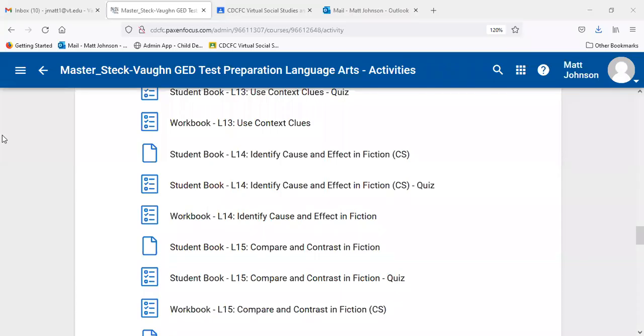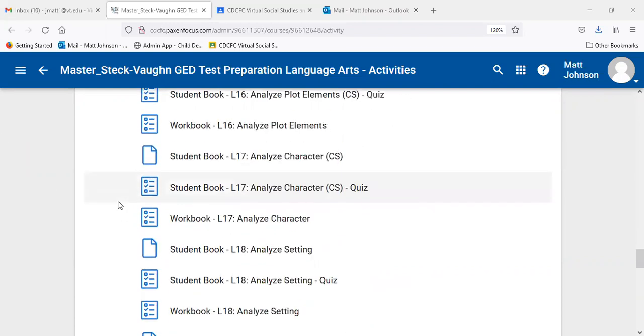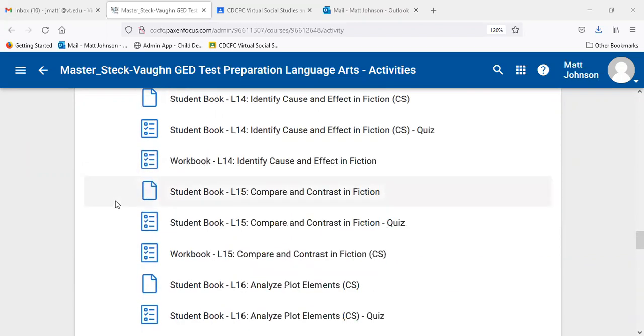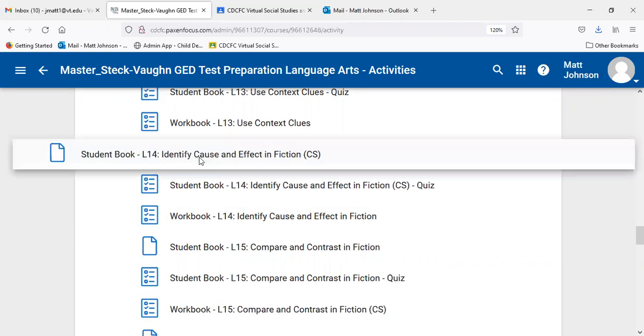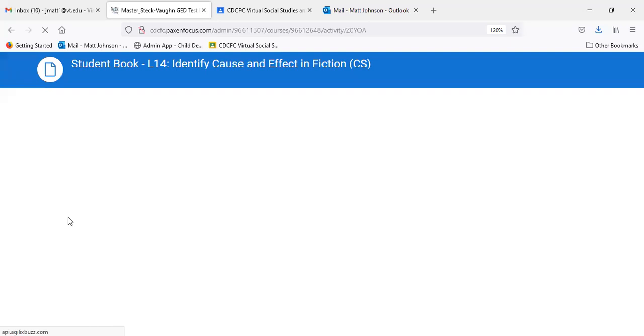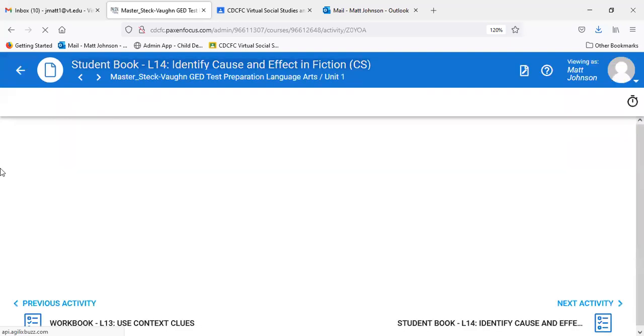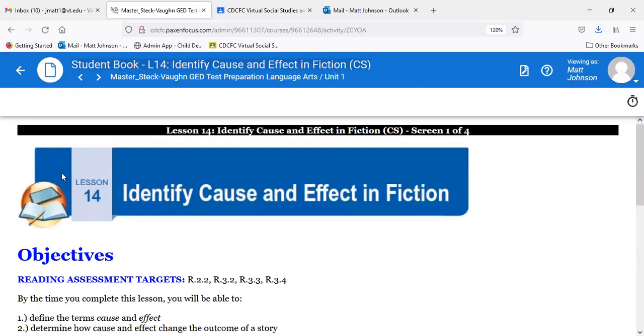We're moving. We worked with nonfiction stuff initially. Now we're moving to fiction. Going to see some similar ideas here, stuff that we've seen in language arts, stuff that we've seen in social studies, as we get towards the end of the language arts unit 1. So today, unit 1, lesson 14, cause and effect, and largely applying those same ideas just to a different type of